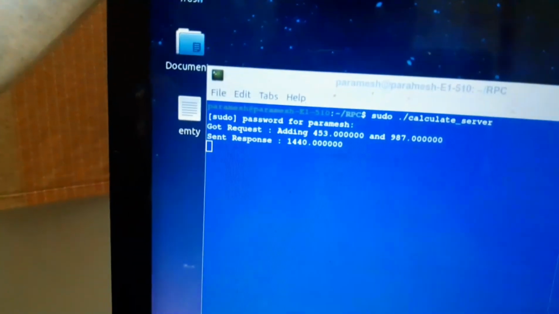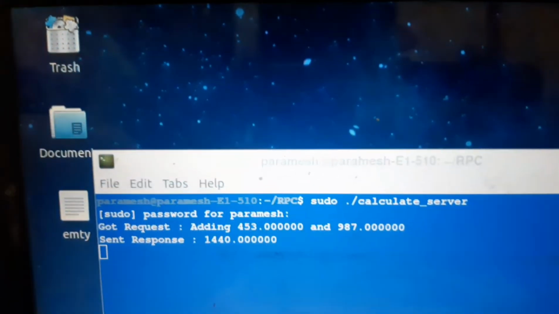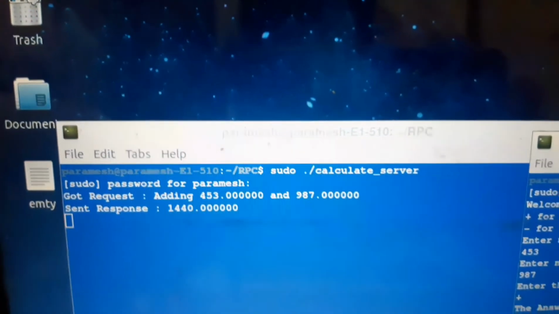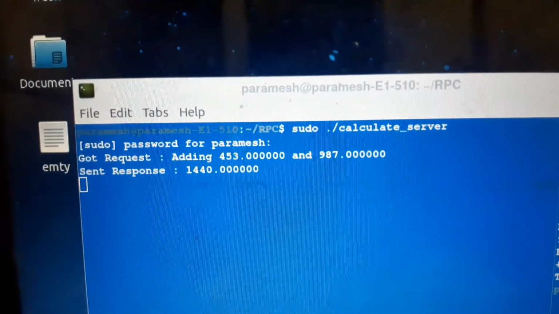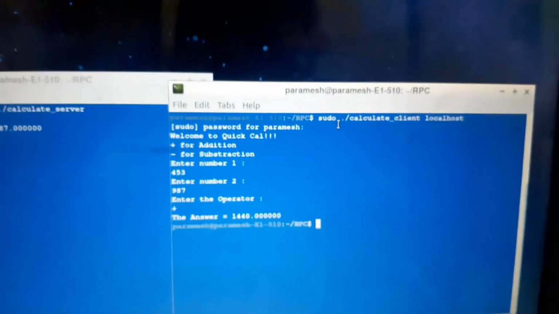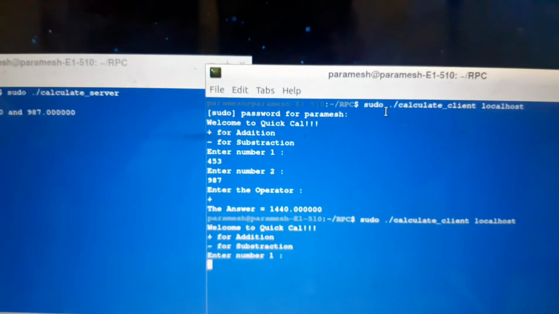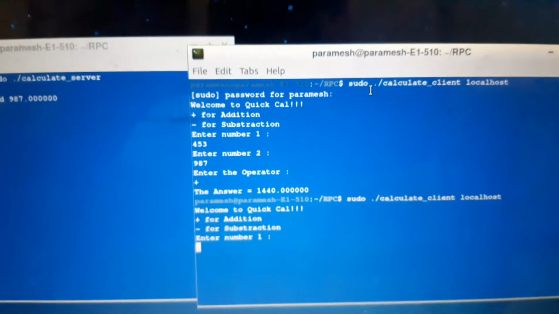Here we got the answer where the server did the request, adding 453 and 987, and sent the answer. If we want to execute again, enter the same command.